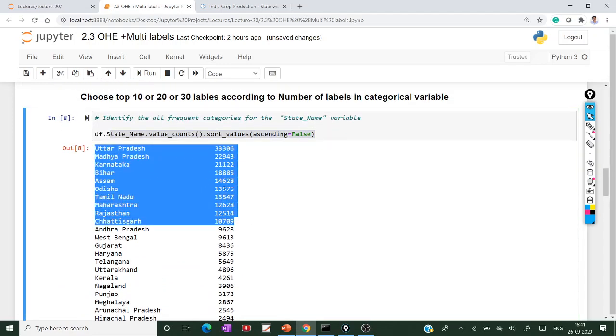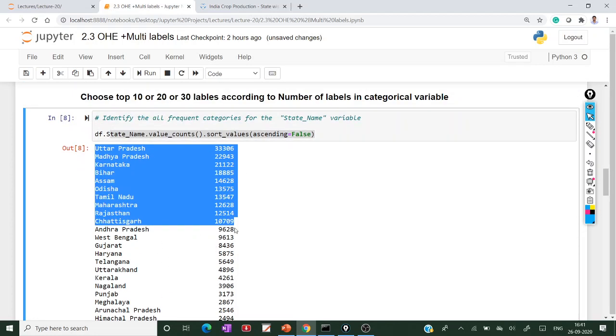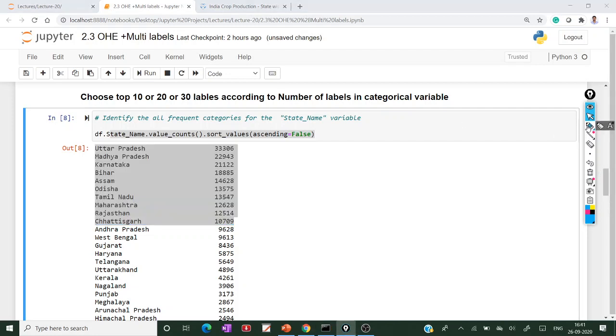According to this technique, you can choose the top 10 features, the top 10 labels of the state column.